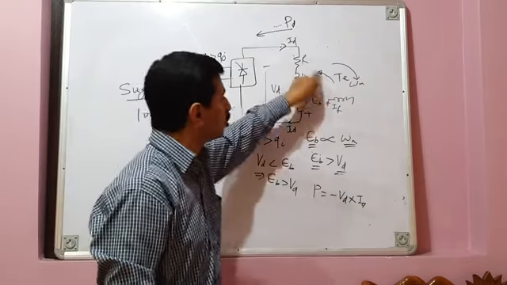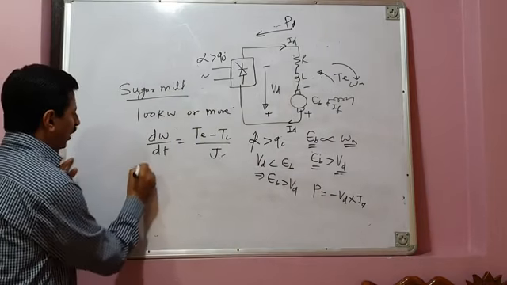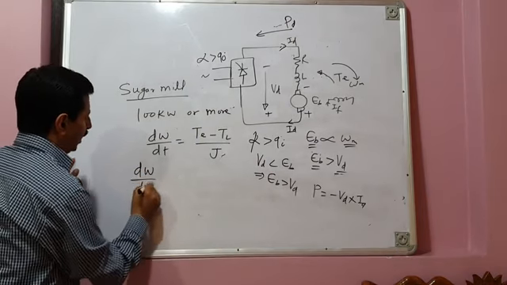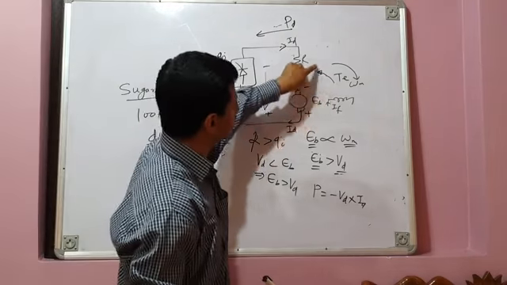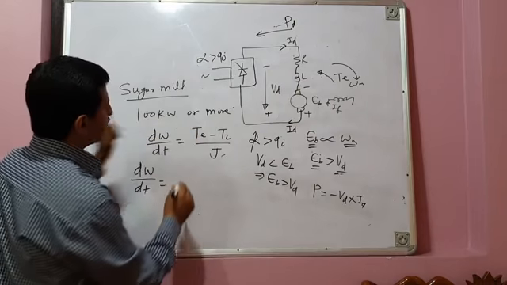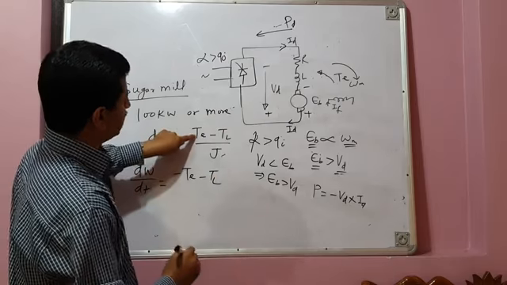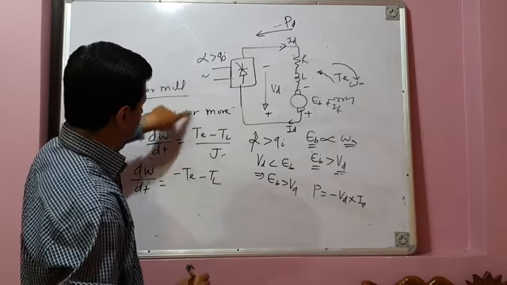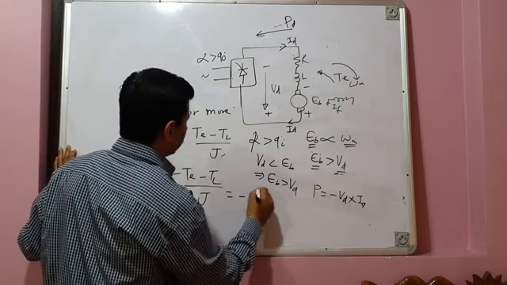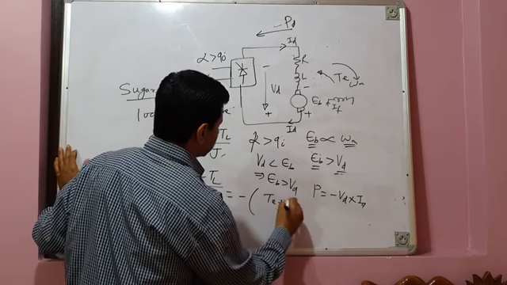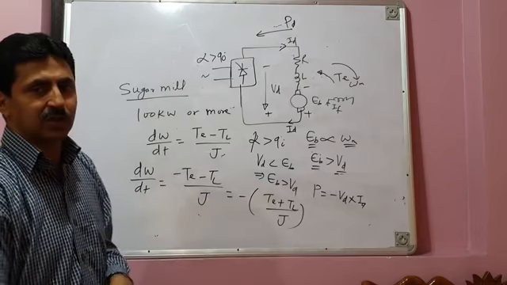Depending upon the magnitude of this torque, you can very quickly stop the motor. So, what is the rate of deceleration of the motor? Now your electromagnetic torque has reversed its direction. So instead of writing plus T, we will write minus T. For motoring mode, it is plus T. For generating mode, it is minus T. Minus T minus TL. So this is minus times (TE plus TL) by J. So this is the rate of deceleration of the motor.